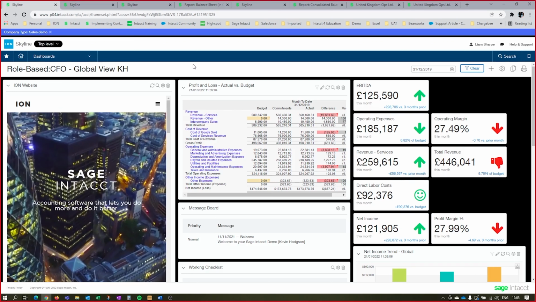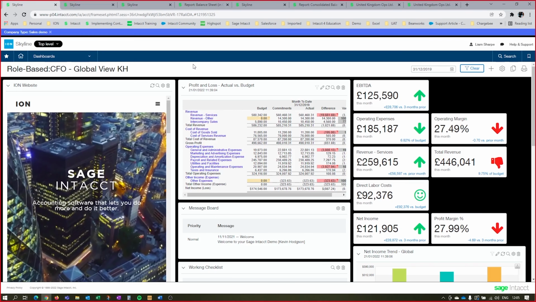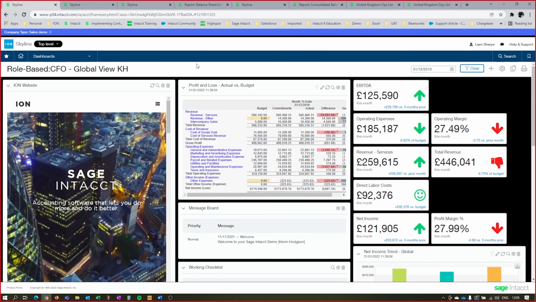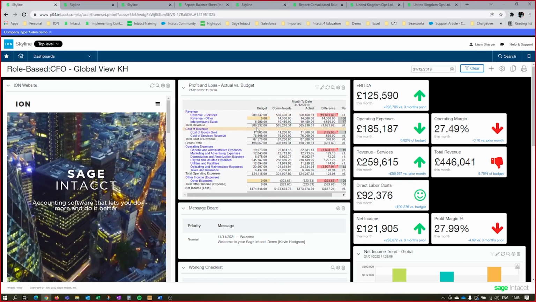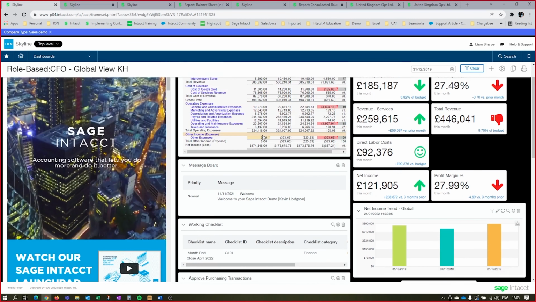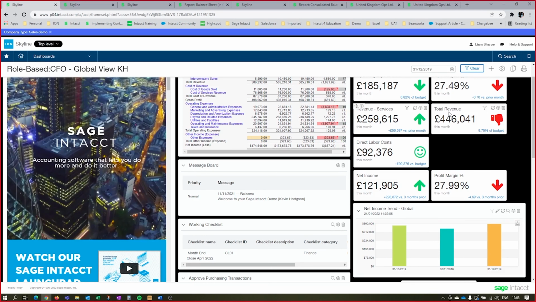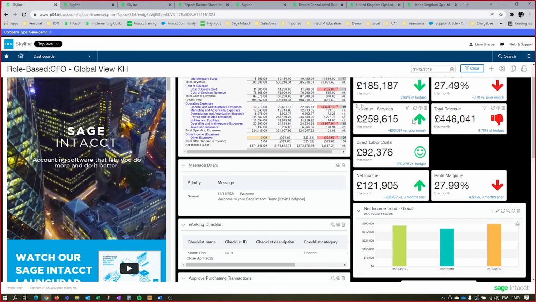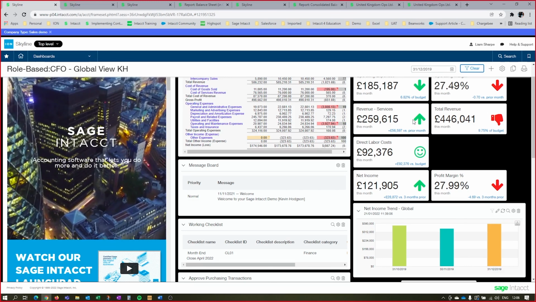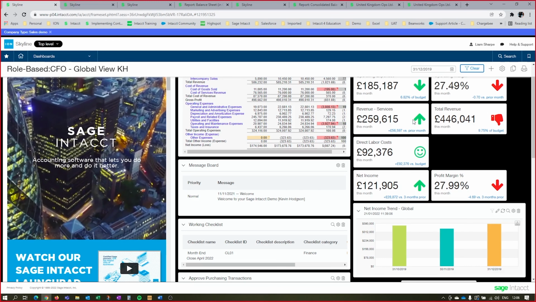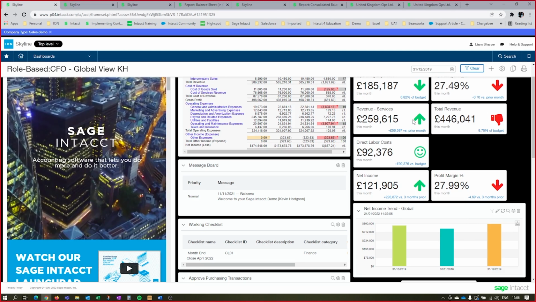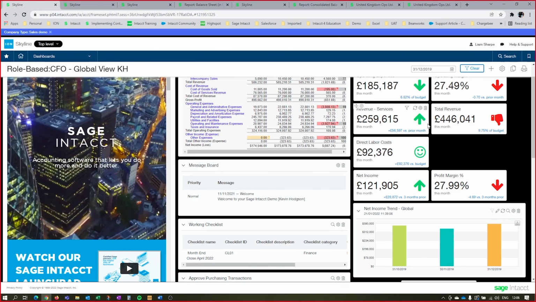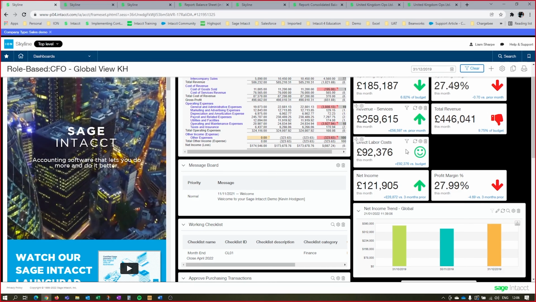They can include reports. They can include numbered reports, such as the profit and loss one that we've got on screen here. We can also have visual aspects as well, such as on the right-hand side, we've got some key performance indicators where the program is taking potentially a general ledger code from this month versus a general ledger code from last month. There's a bit of a month-on-month trend. Could be a bank balance, could be revenue, could be labor cost, anything that user wants to see on that